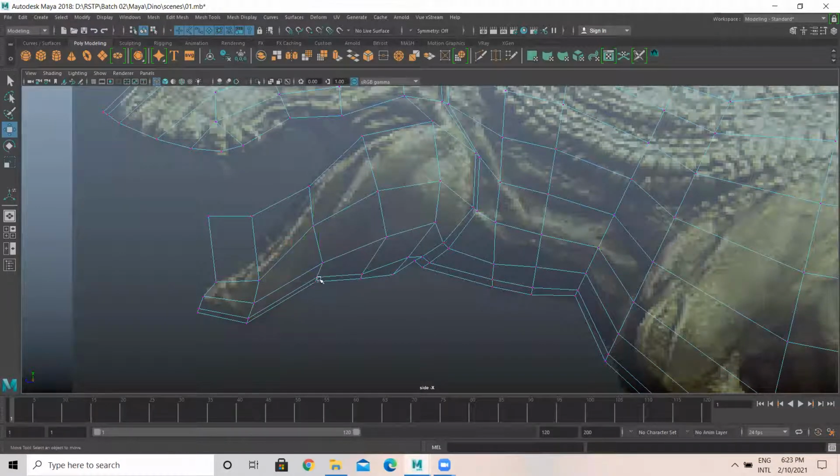Seems confusing because there's a lot of mesh there, but just observe the reference. Based on the reference only we have to do, so there's no other option.